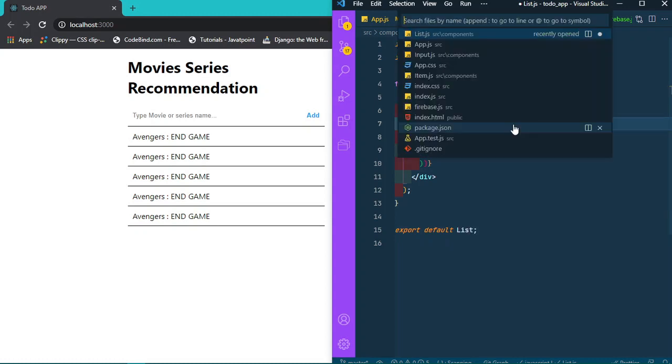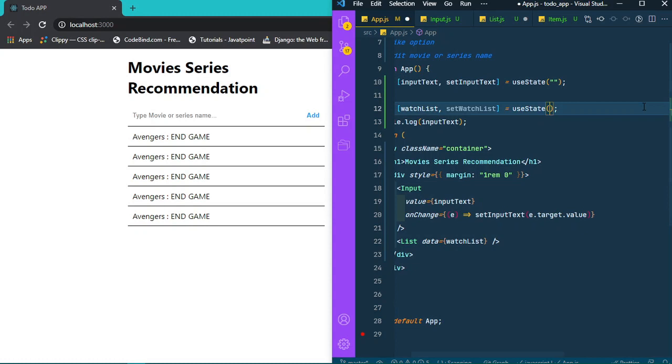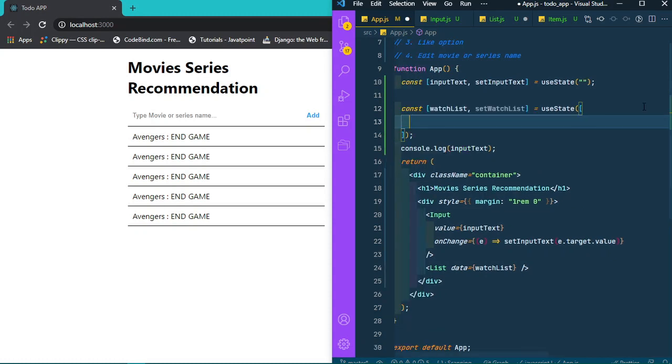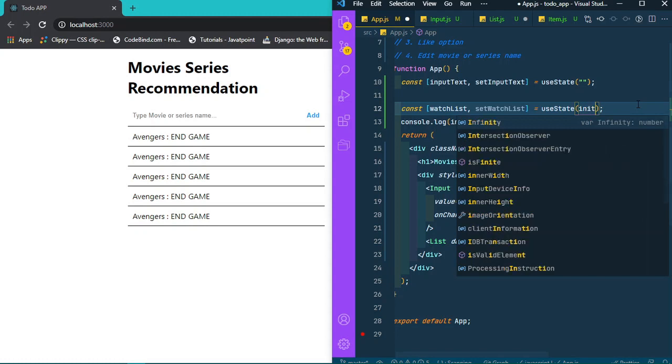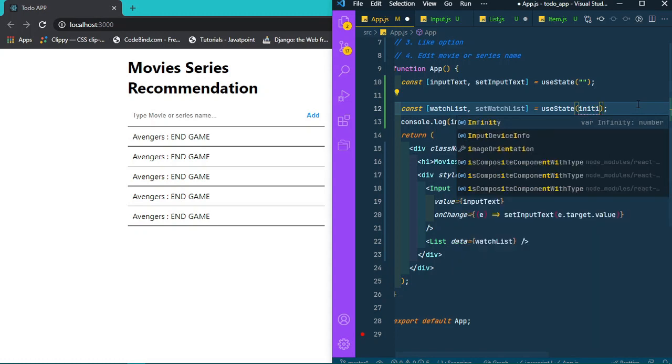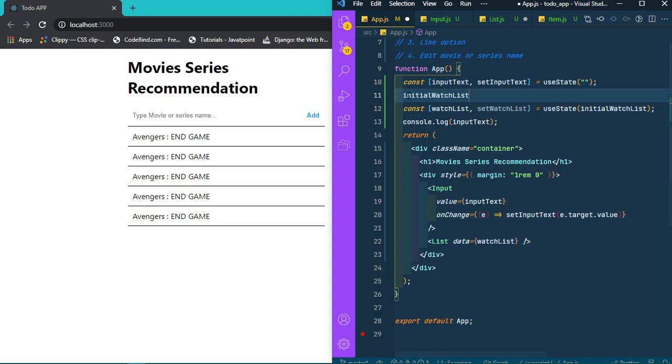Wait a minute, we just have to change something. This is list, but I just want to structure this list as initial watch list. Okay, so initial watch list